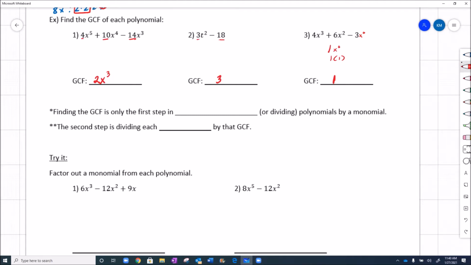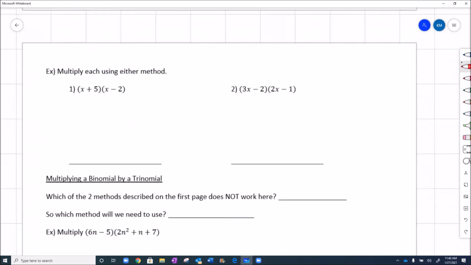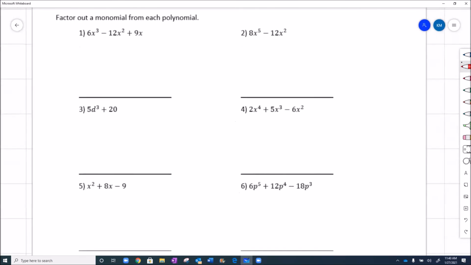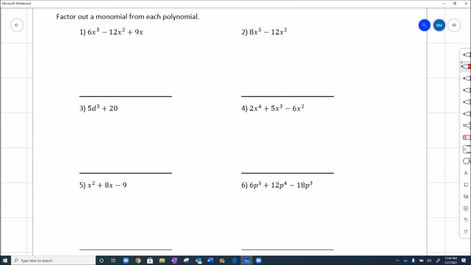Okay, finding the GCF, though, is only the first step in factoring polynomials by binomial. The second step is dividing each term by the GCF. Okay, so let's do a few problems where we are actually factoring out the monomial. What it looks like after we're done factoring out a monomial is like the start